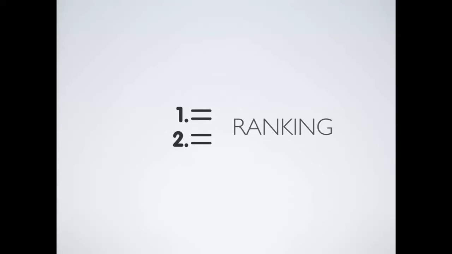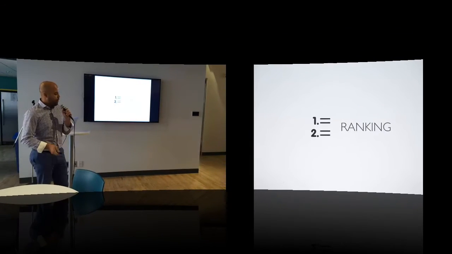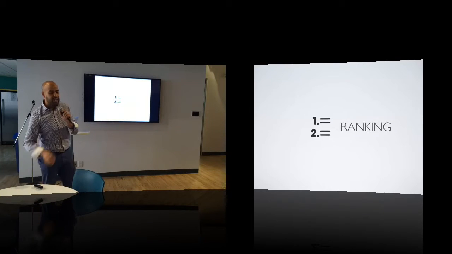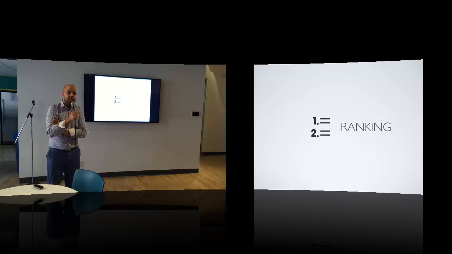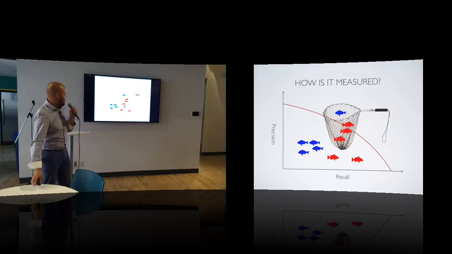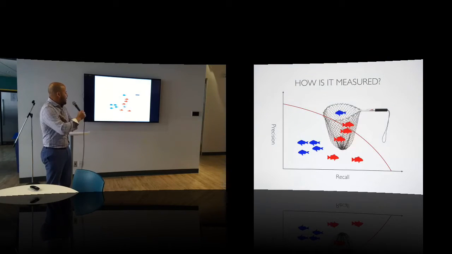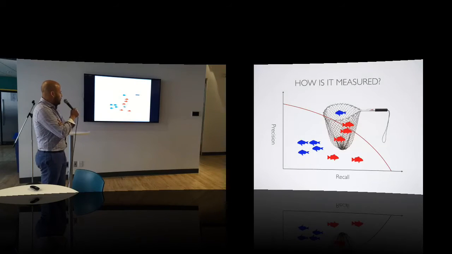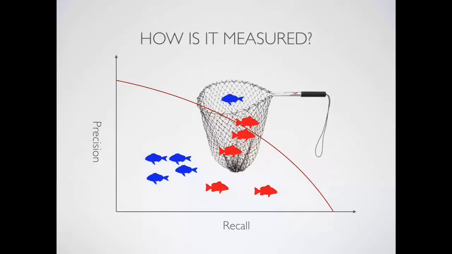We'll talk then about the ranking itself. So let's say, going back to the example that I gave, you caught a lot of fish, just for fun. I'll go to the image here. And then how do you rank it? You don't want to see the blue fish first, because what you're interested in is red fish, right? So you want to have that type of ranking once you have your catch. The ranking is that concept.